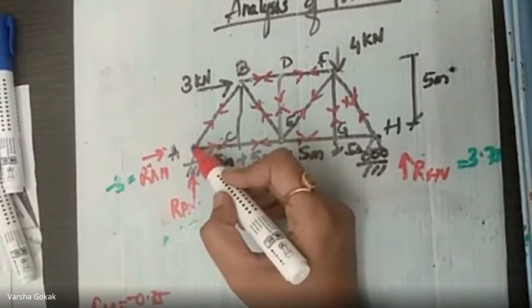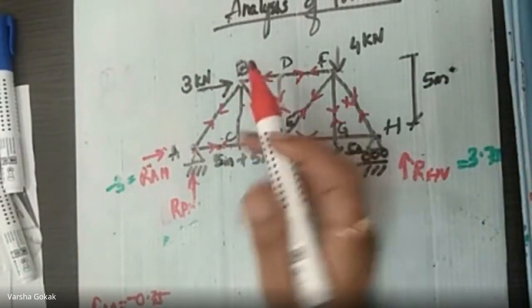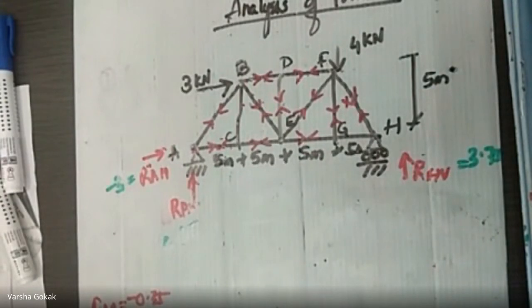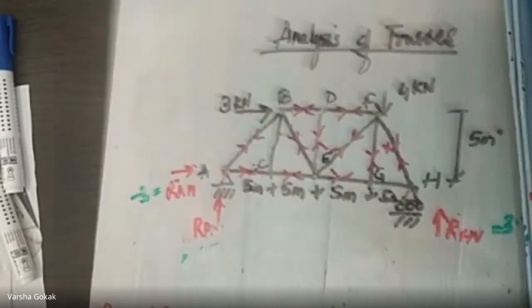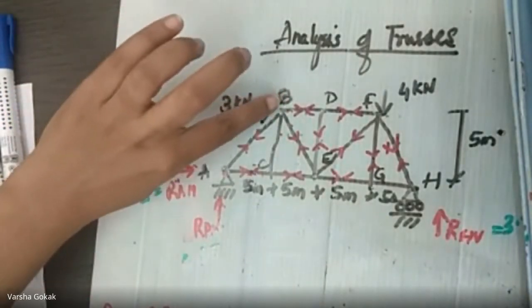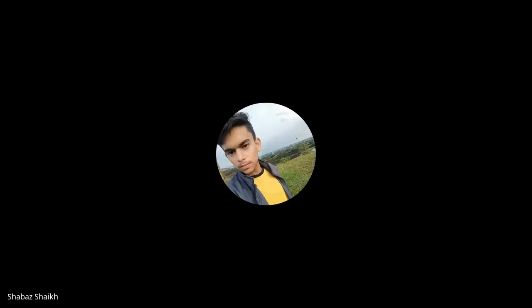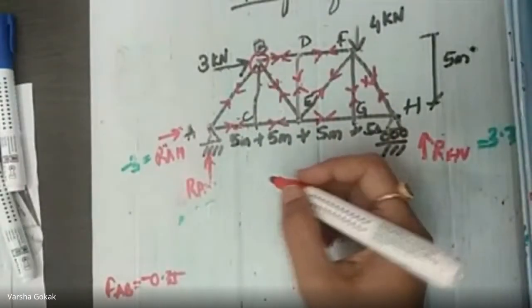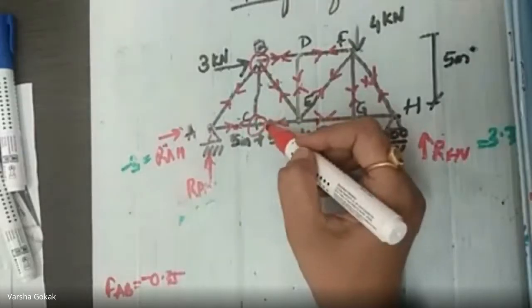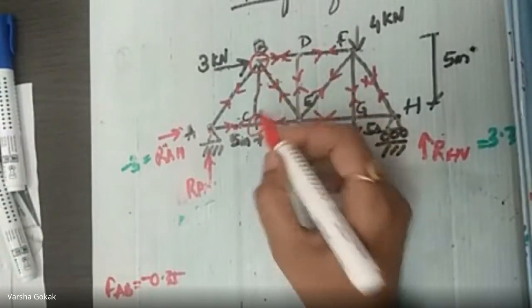Okay. Now we did this joint. Look, if I go to B, 1, 2, 3 are unknown. If I go to C, 1, 2 are unknown. Which joint should I go? Should I go to joint B or joint C? C, ma'am, because only two unknowns are there. Joint B has got three unknowns. It will become difficult for us to go ahead with B. We'll go to joint C.